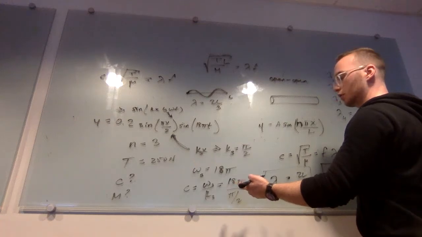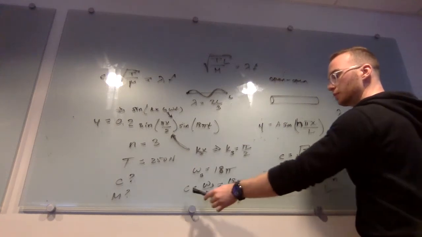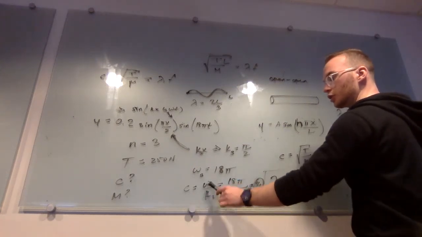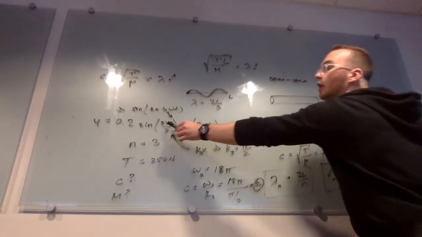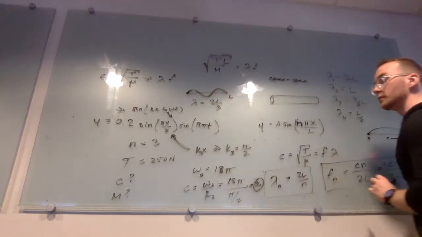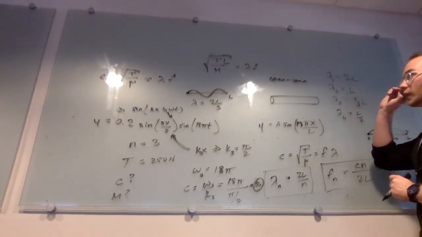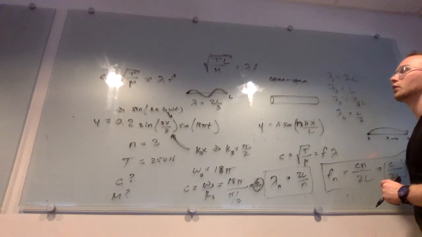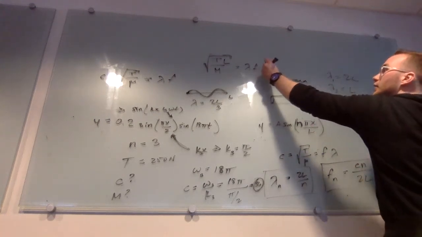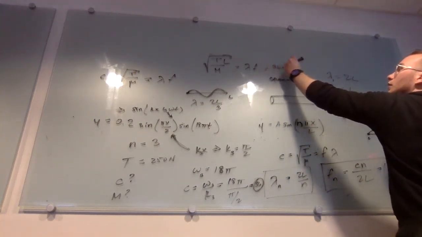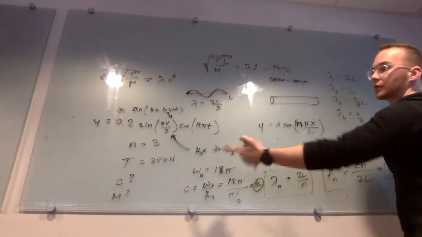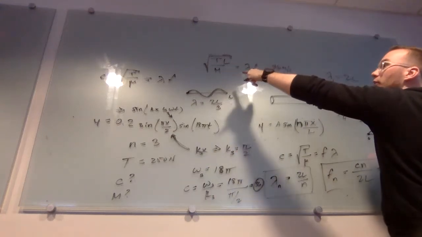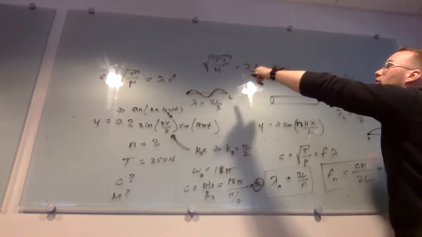Well, that's in radians, right? No, this should not be, because these are both in radians, so they should cancel. Okay, well, if x is in meters and t is in seconds, then yes, it is in meters per second. And so we get 36 meters per second. That is this. And now we need to find either lambda or f, right? Because now we have c. To get m, though, we're going to need to find